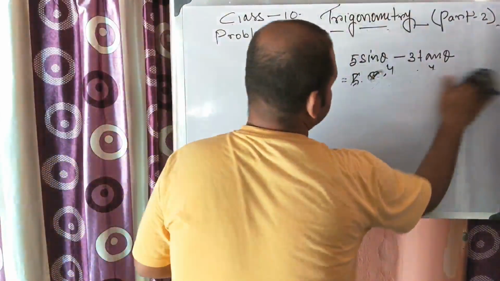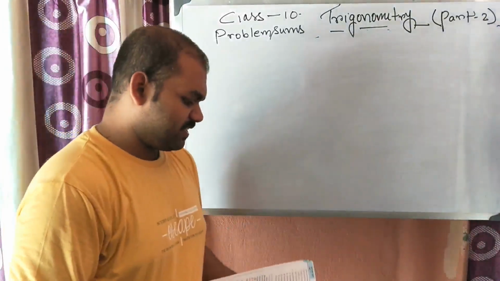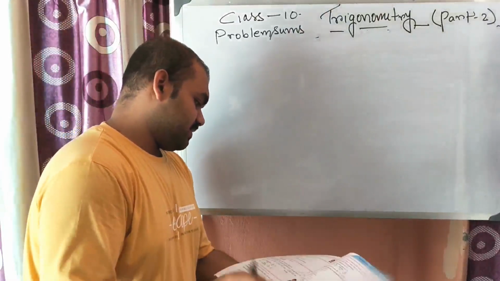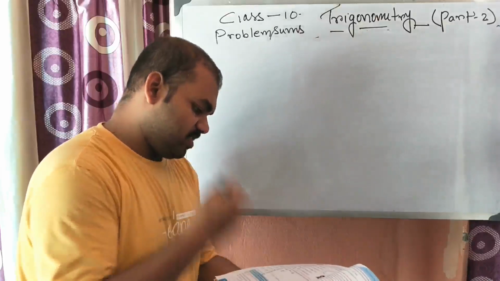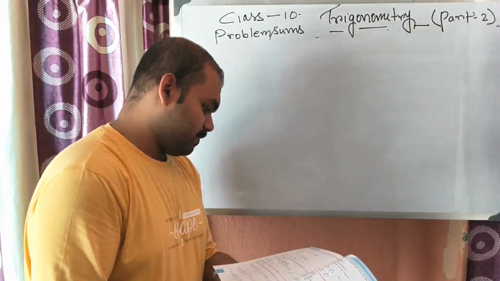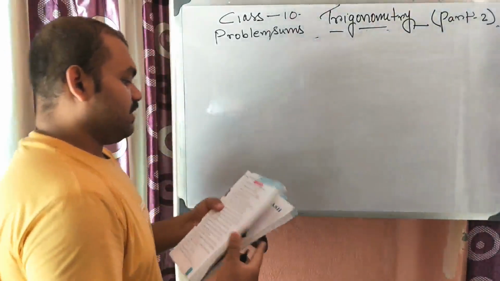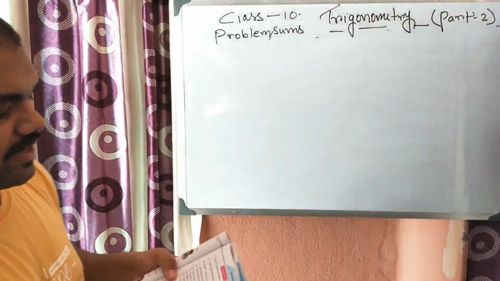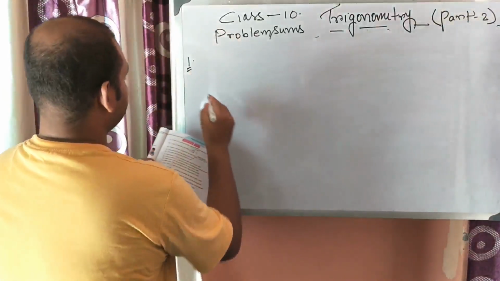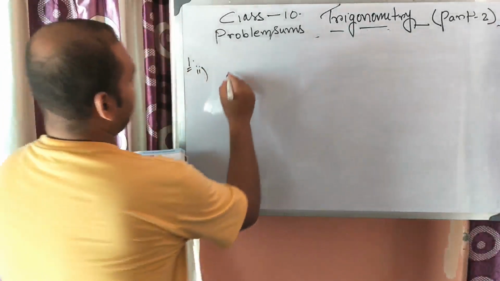Next, let us go to the next exercise, not the next chapter. In this exercise we need to find different things. So let us determine the values from here. In the next exercise, sin theta is given and you need to find the value; tan theta is given, so let us do the same thing. This is exercise 23.3.